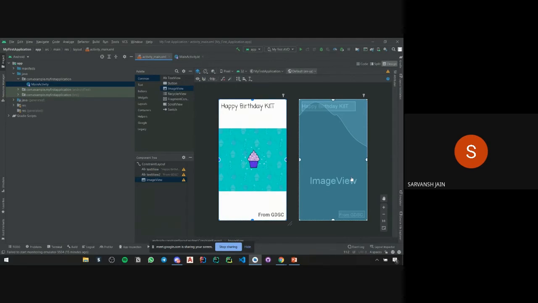In blueprint you can see that, because in the normal view you don't know that the text is being covered, though the image might not be visible, it's covering the text, as you can see here. So blueprint helps you imagine your whole application, how it's being developed.